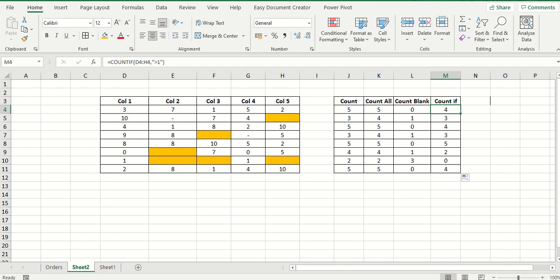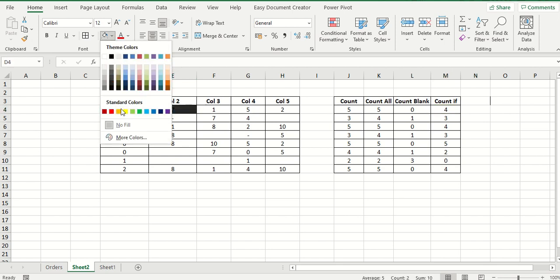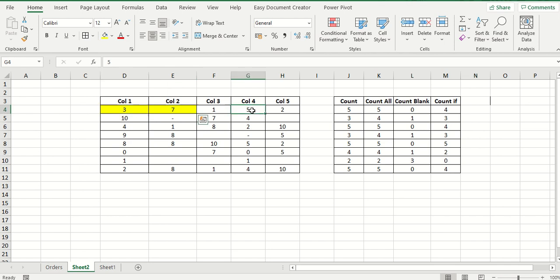I will explain, friends. Okay, now I will deselect all the colors from here. See here, friends, the value is coming as 4, because if you see the logic, I have counted only the values greater than 1. So these two it has counted, friends. These two values it has counted, and these two values it has counted. Simple, it has counted greater than 1, friends. Same logic applies here. That's why it is showing as 3. If it is 1, it will not count it, friends. Greater than 1 only it will count.